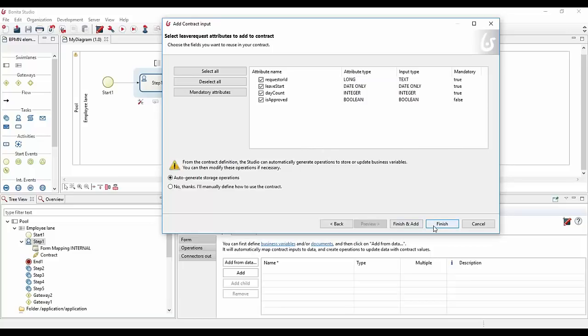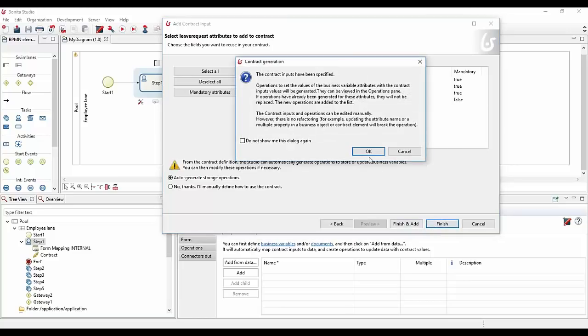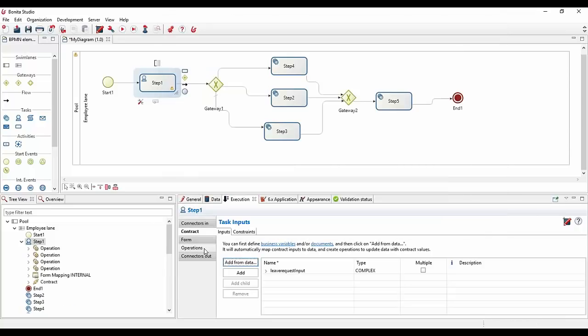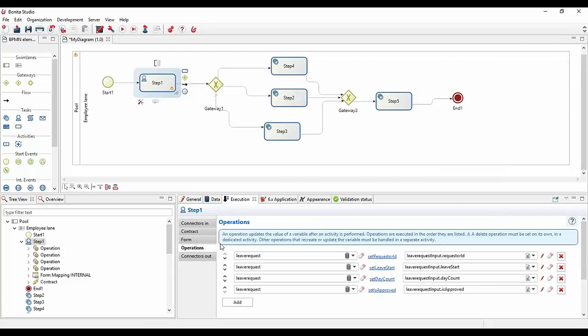So here, if I click on finish, you will see that it will generate my operations. An operation is slightly different from a connector. A connector is to connect to external systems, as I already explained. But the operations help you to perform something or persist something in your data, depending on the situation.